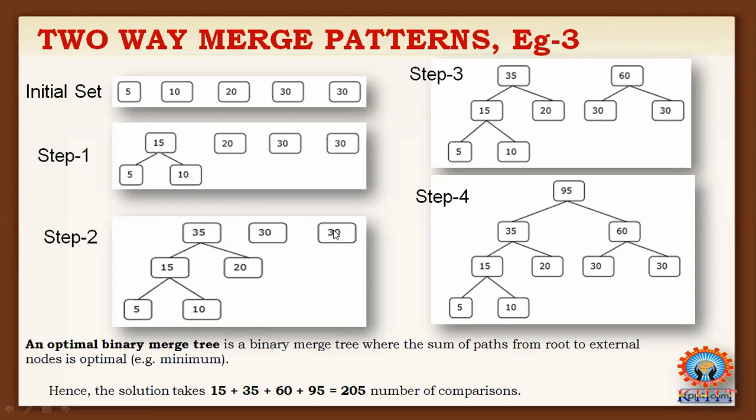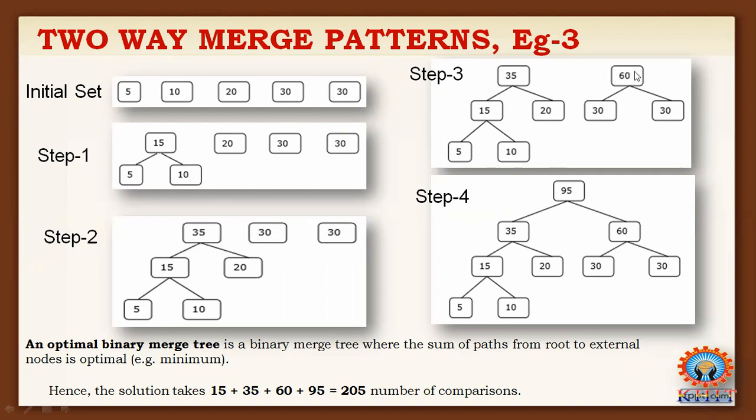Next, students will make a mistake here. Students will merge this root value 35 with 30. When students merge 35 with 30, 65 will be generated in total. So friends, please do not merge these two. Instead of merging 35 with 30, you can simply merge in this way. Merge 30 and 30,